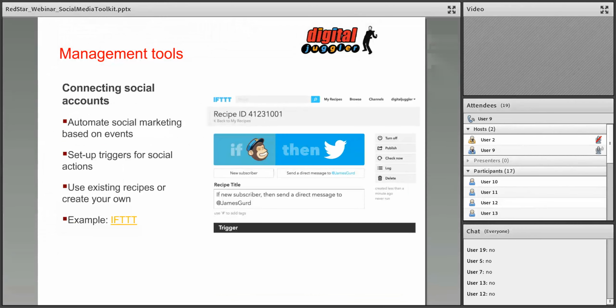The next tool to look at is If This Then That. Has anyone used If This Then That at all? And if not, I can highly recommend it. Okay, so Kate has. Out of interest, those of you who've used it, do you use the existing recipes that it offers, or do you create your own and link up your own other tools to create automation? And then I'll explain to those of you who haven't used it what that means,